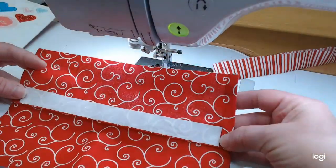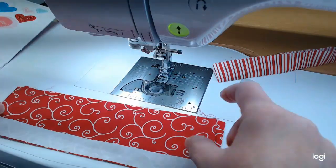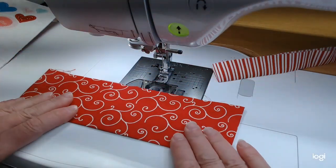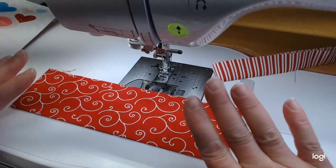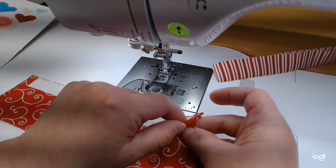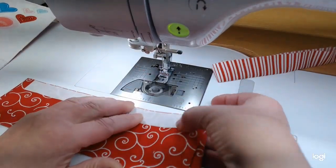So you can see this is the narrower side here. So when I folded it in half, that's the part that's going to be against the quilt and will be adhered onto it. So we'll do that at the end. So I just left the paper on right now. So the other side of the paper, we'll pull that off when I get ready to adhere it to the